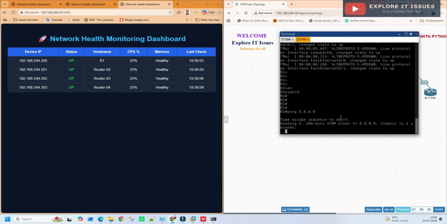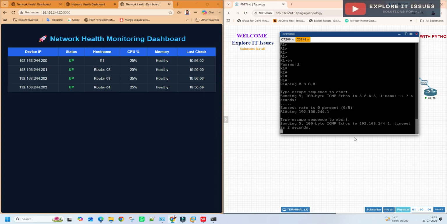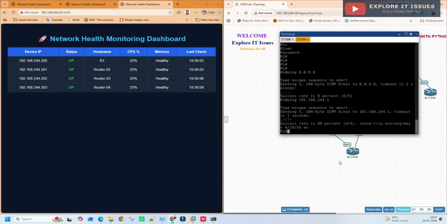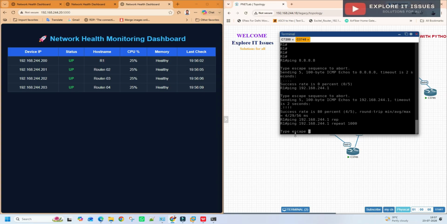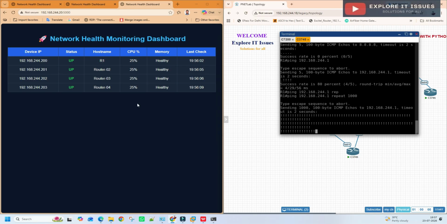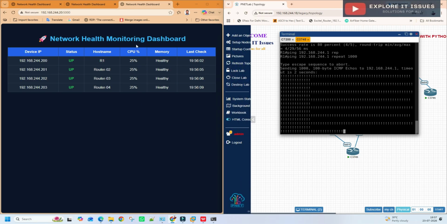And let's check whether the ping is working or not. Okay, no issue. First we need to check the ping to the gateway 192.168.200.1. Okay, this is working. So repeat 1000. Let's see whether the CPU utilization of R1 is increased or not.